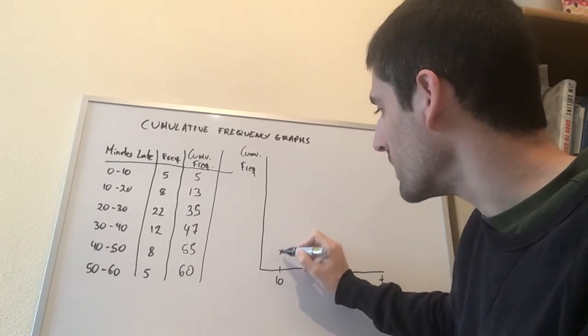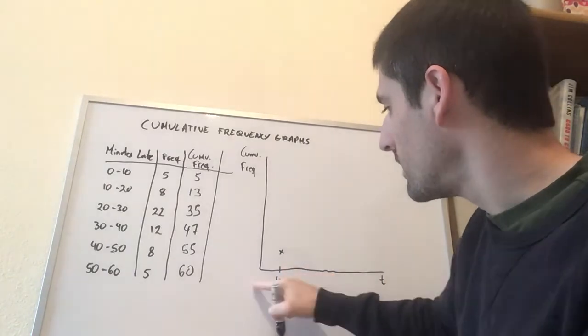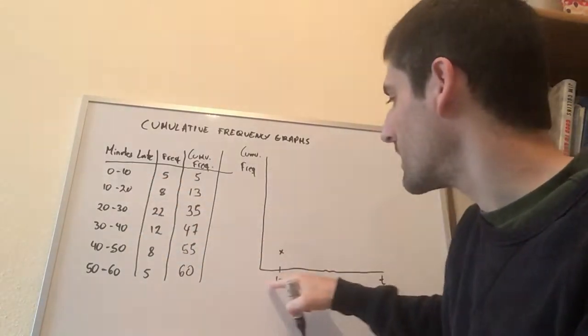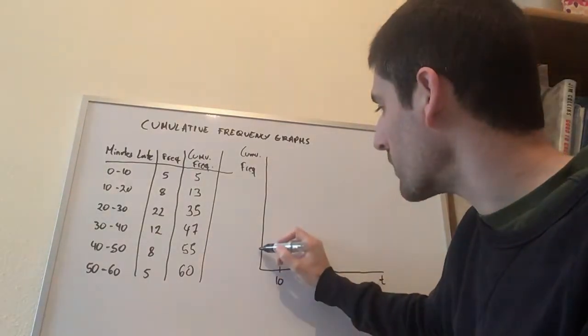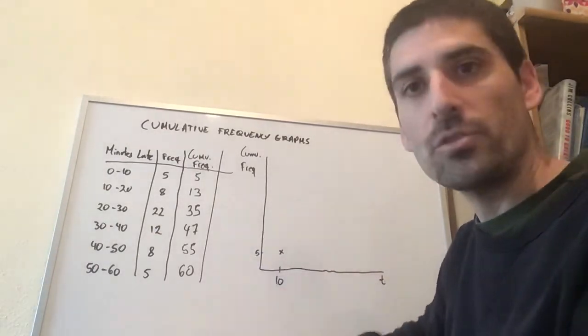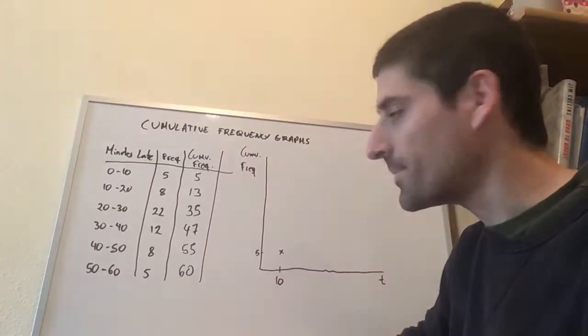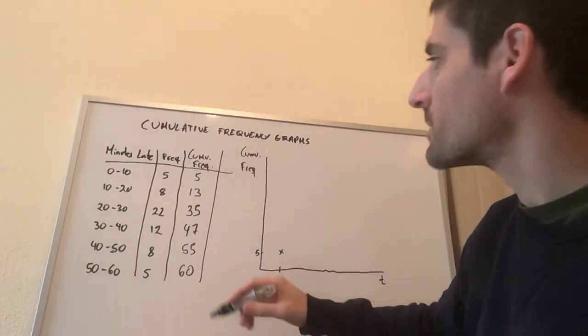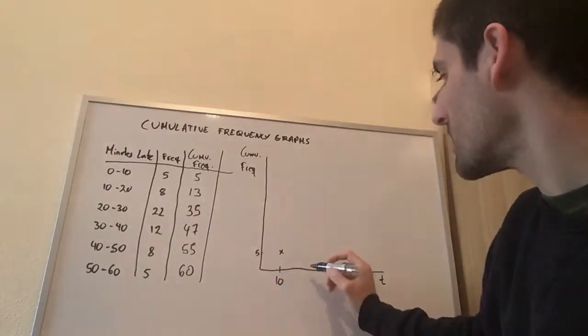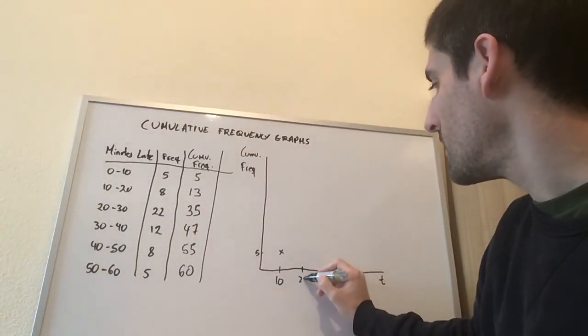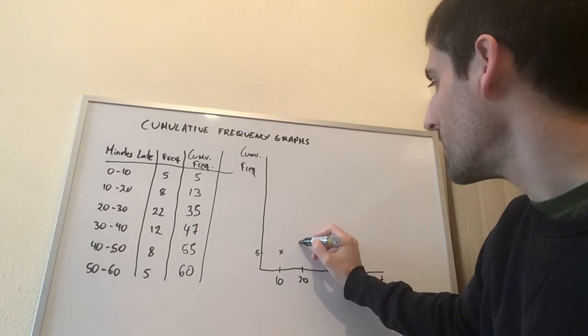So my first point would be 10 across, 5 up. Okay? You need to scale your axis properly and take it from there. The next point would be 8 up, 20 across. So if 20 is here, the next point is going to be